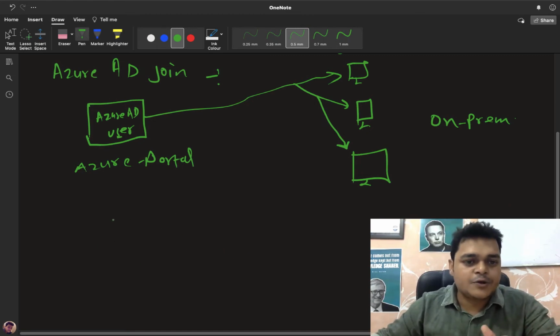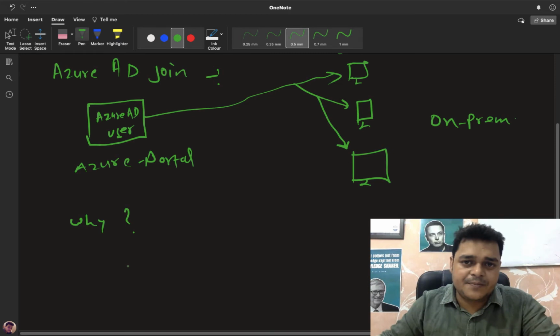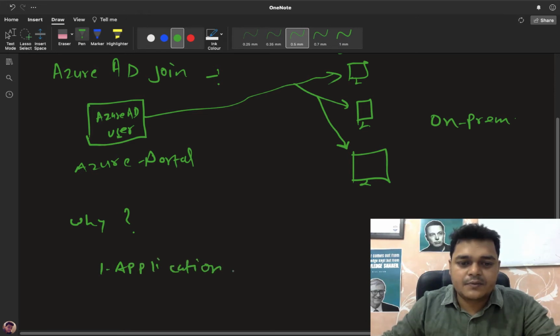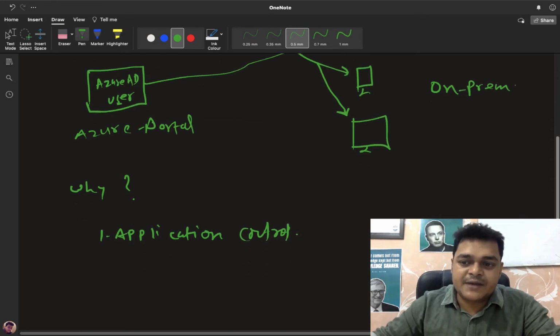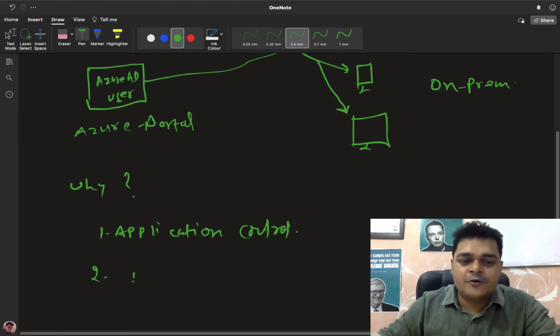The question is, why do we need to connect our Windows 10 operating system to Azure Active Directory? We have a number of reasons to make a connection between on-premises and cloud. One is application control. For example, you establish one application on the Azure portal and you want to provide the same access to your on-premises machines, so you must connect with the help of Azure AD Join. Second, I hope all of you know about Intune.